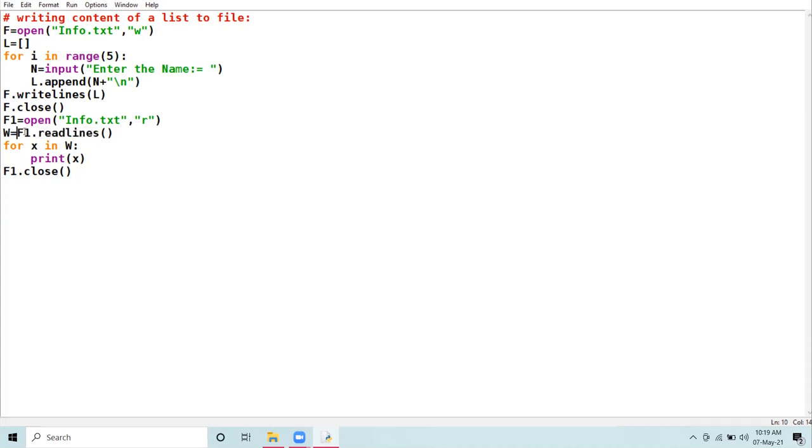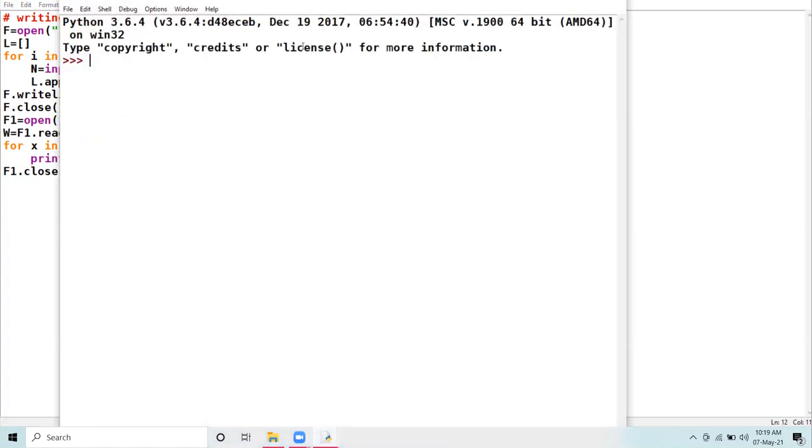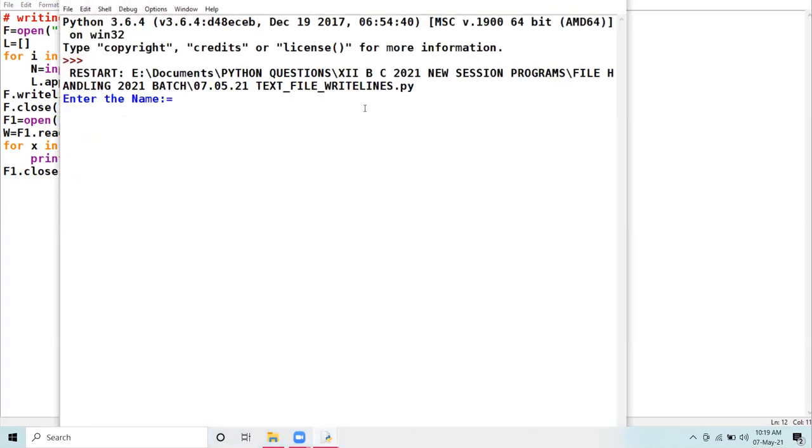So whatever data is read, the data has been assigned to variable W, right? And starting from the first element, we are printing each element one at a time using the for loop. Clear? So I will just run the program in front of you. Enter name.